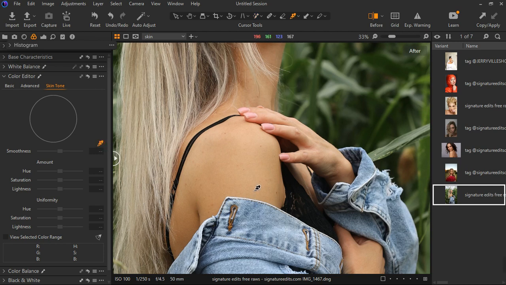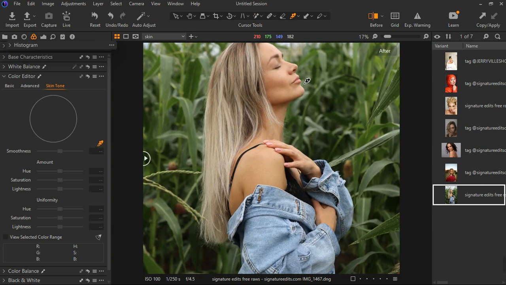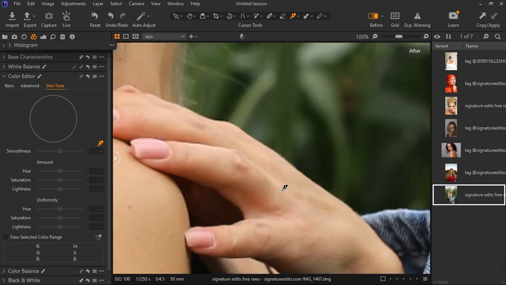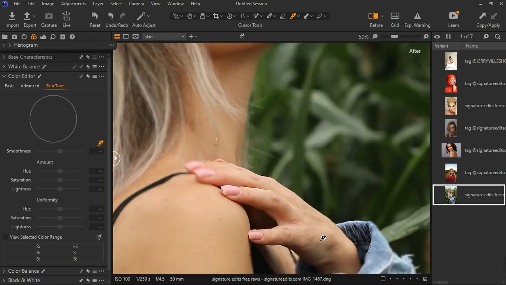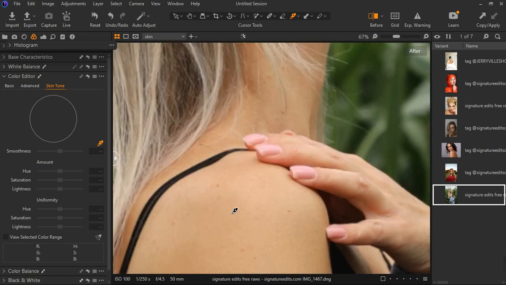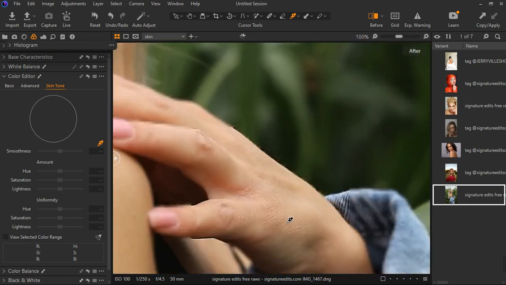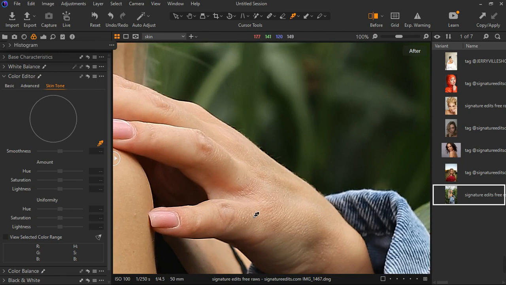Now that we selected the skin, we're only working with the skin. Now it's left for you to choose where you want the skin tone to be. But I find that the best place to choose is around our hands. I like the skin tone of our hands, and I don't like the way this one is looking. So I'm just going to pick from our hands, and note the circle here is going to show you where the skin tone actually is. So touching where you want will make